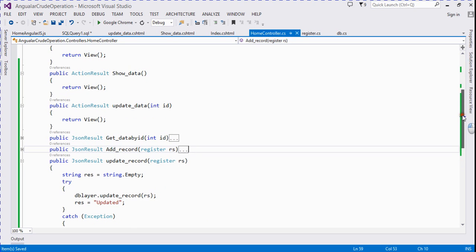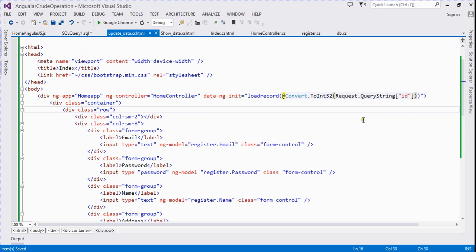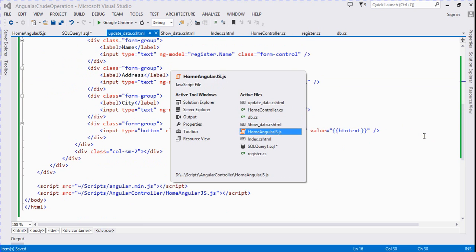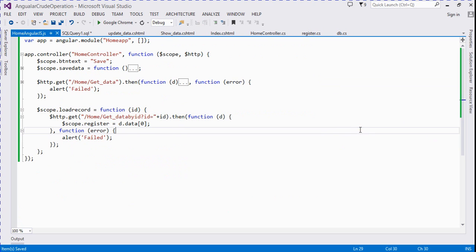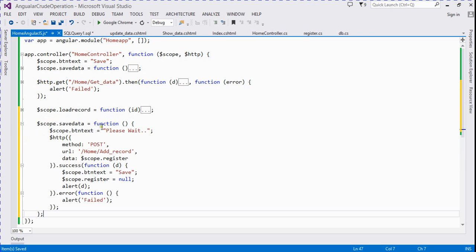So we go to our view, it's update view, and we also create one more AngularJS function. So here we create a function for updating a record. It's update data,